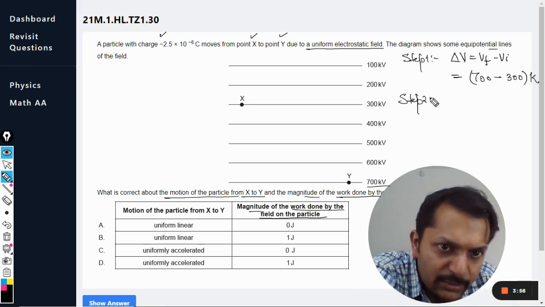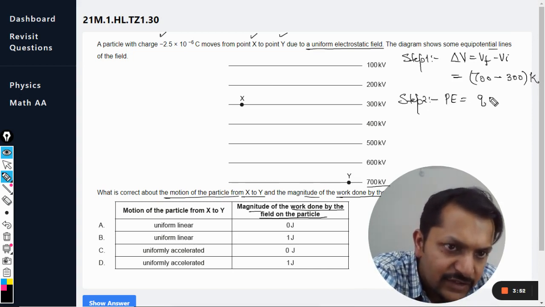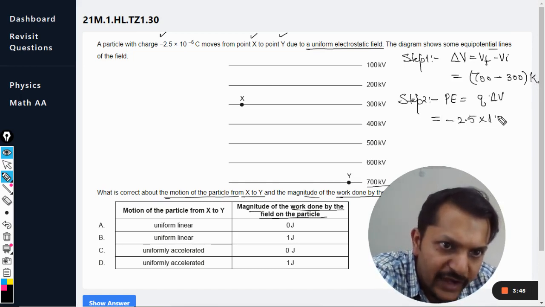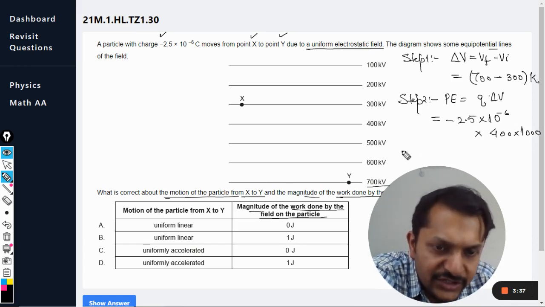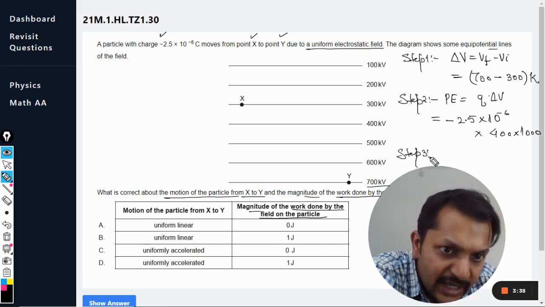Now coming to step number two, you multiply with the charge and you find the change in potential energy, which is q into delta V, and we would be considering the negative signs also. So it will be negative 2.5 times 10 raised to power minus 6, multiplied by 400 kilo. This is the total potential energy change. Now step number three is the work done by the field